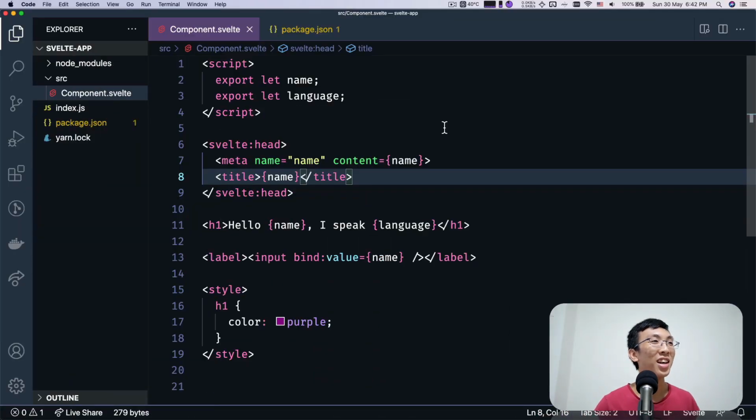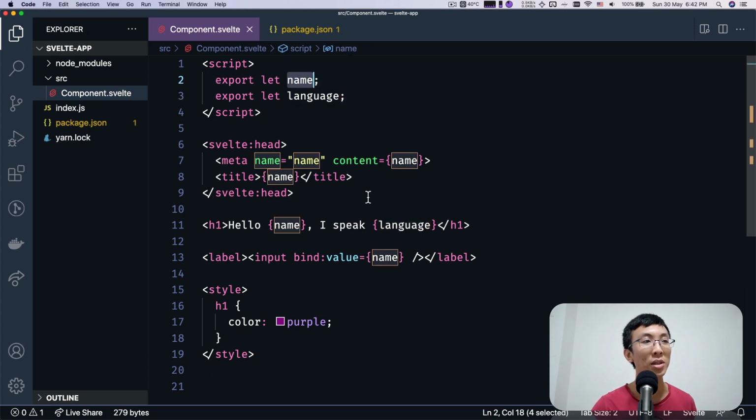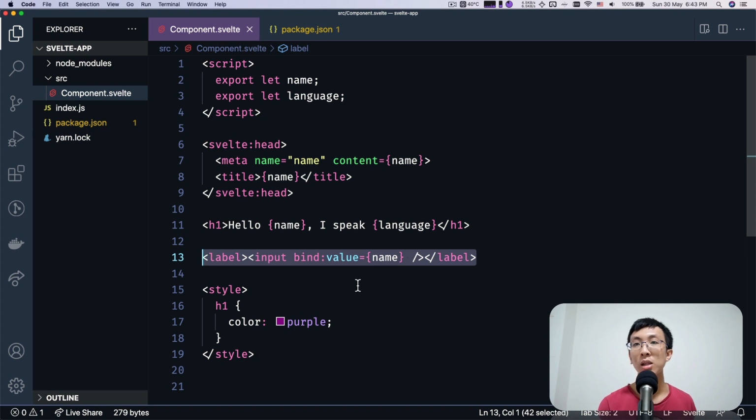Okay, so here I have my component written ahead of time. I have two props, name and language. At the same time, the name is actually a state where I bind an input to this name variable. So I expect that on the client side, when I hydrate, I still have the same input and I can make changes to that input.